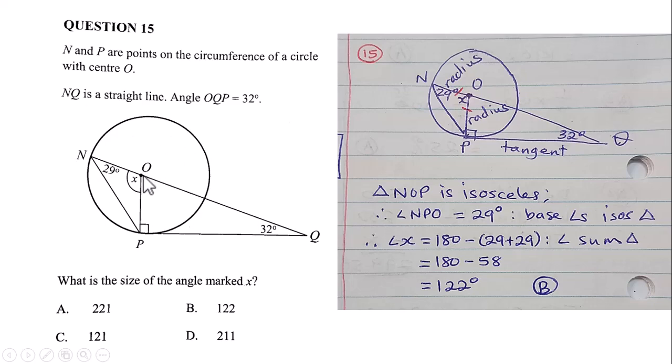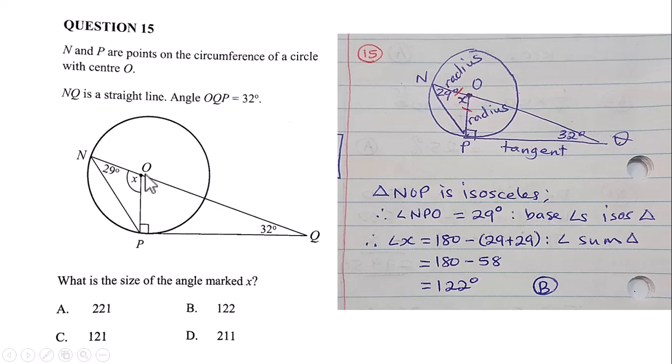O is the center of the circle, and Q is a straight line passing from one part of the circumference through the center or through the outside part of the circle. So NO is the radius, and this part of the circle is the diameter, and it continues to point Q. And it says angle